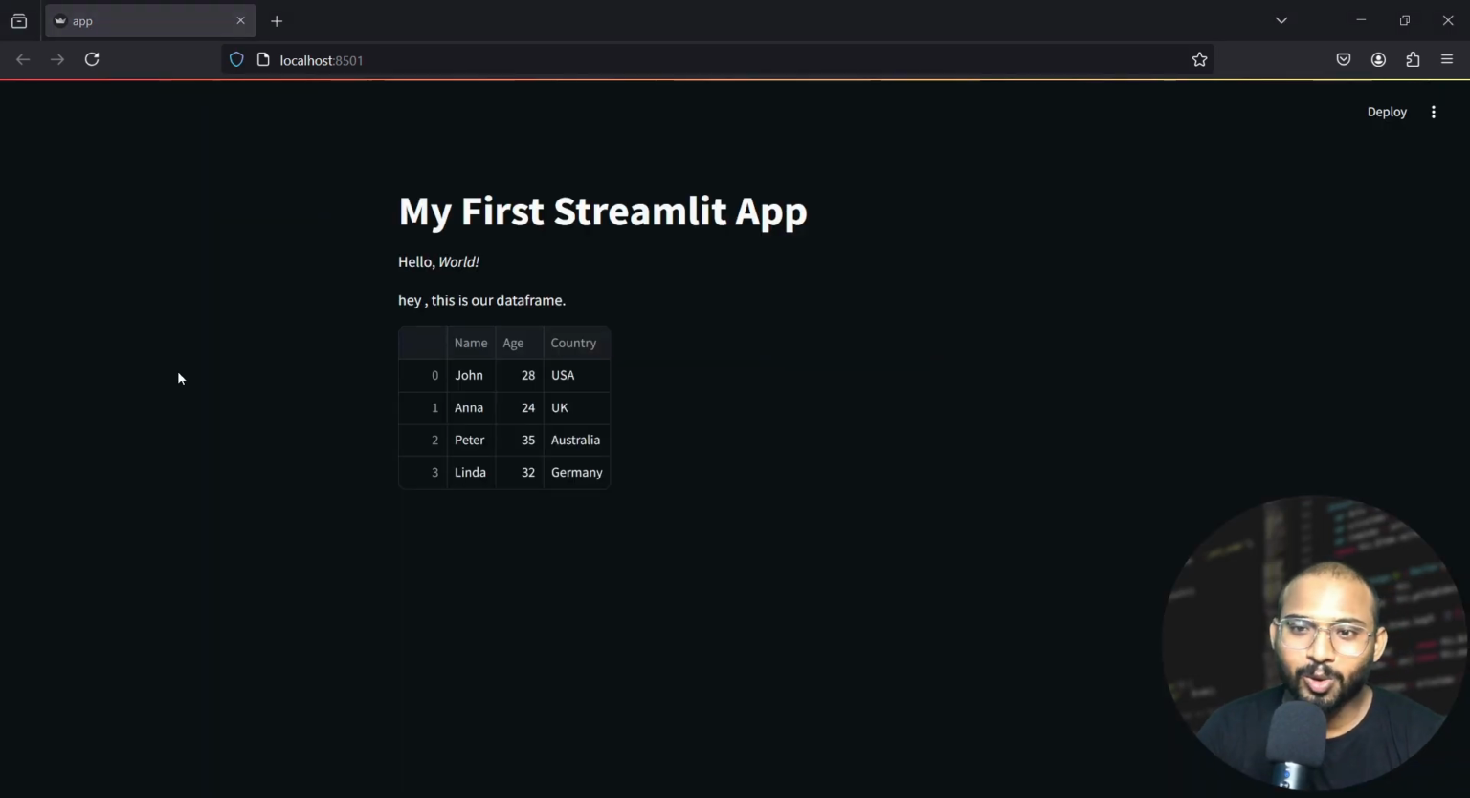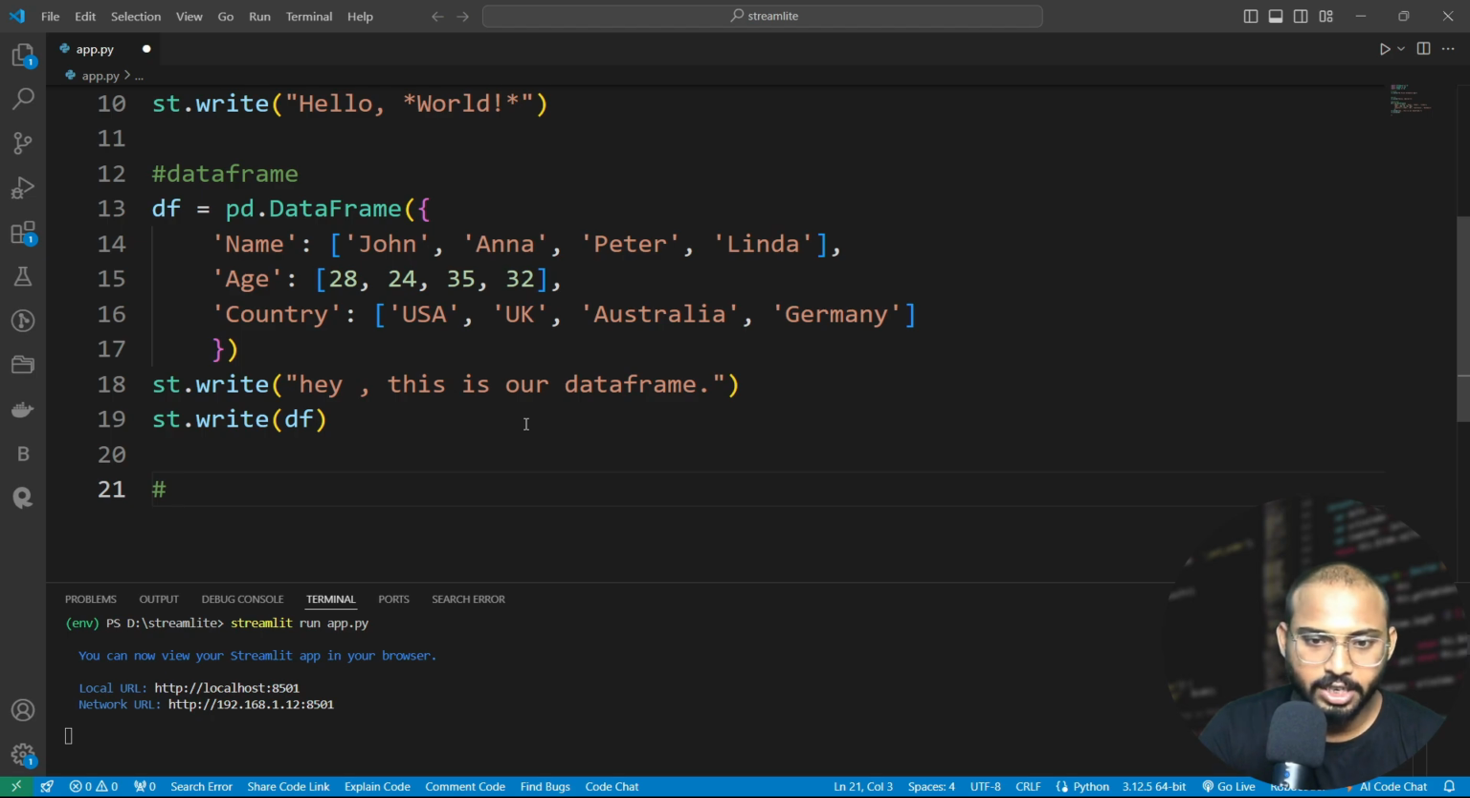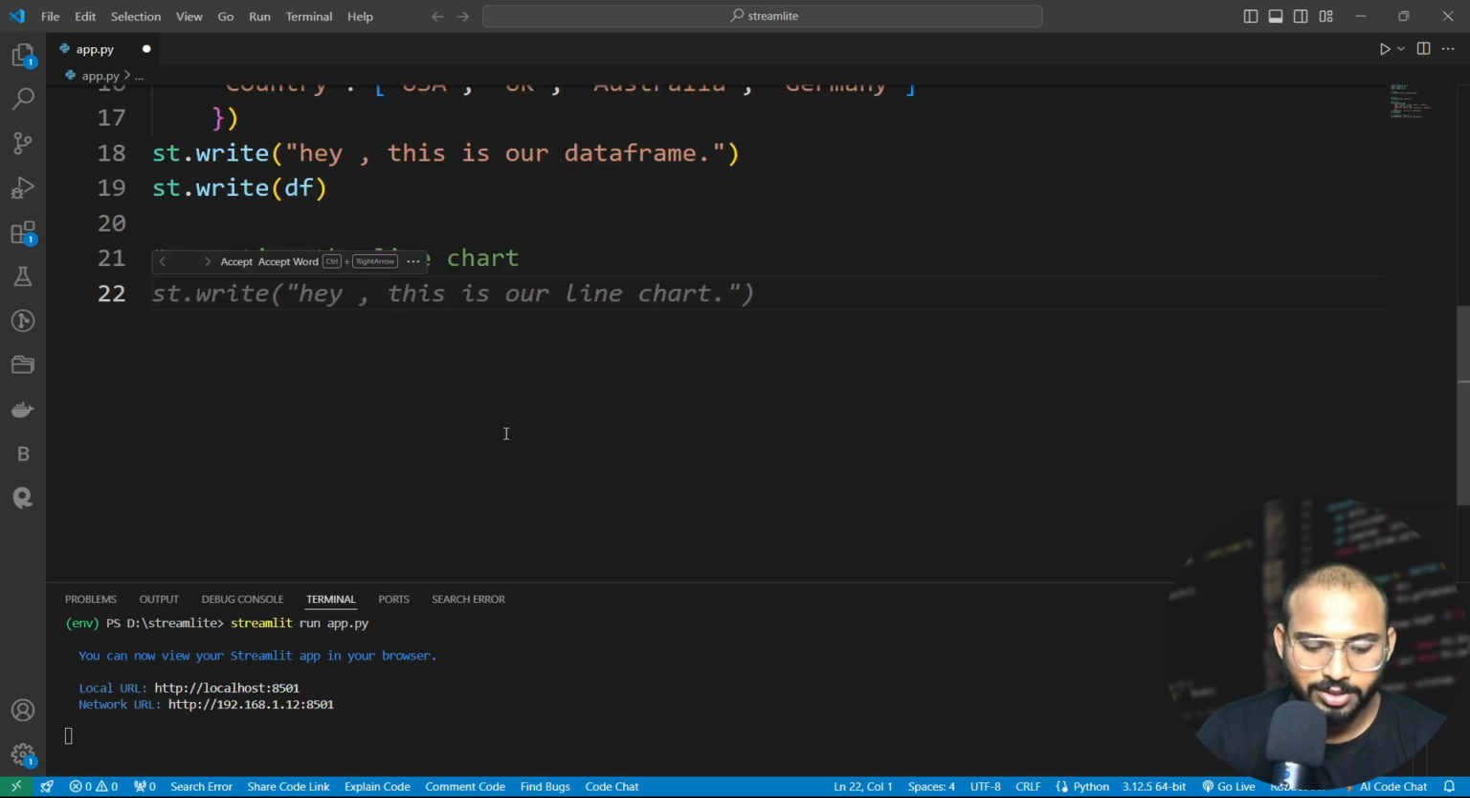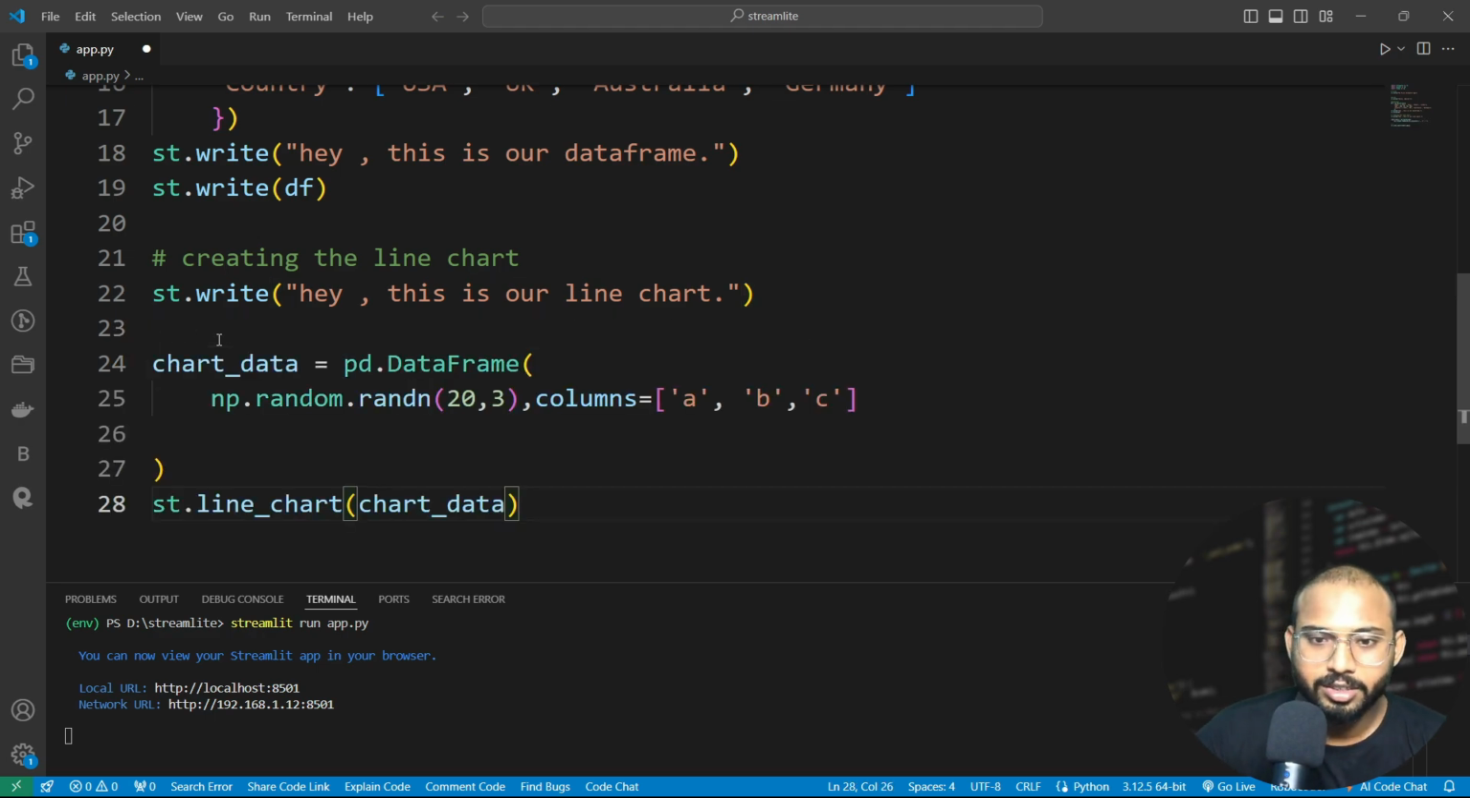So let's explore more. Let's display a chart and see how it looks in this format. So I will get the line chart here. It's automatically created. Here, this is our line chart. After that let's take random values: chart data with np.random, it will take random values for columns A, B, C, and let's print it. After saving this,